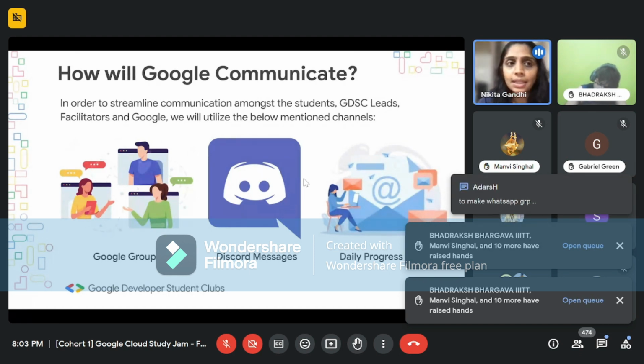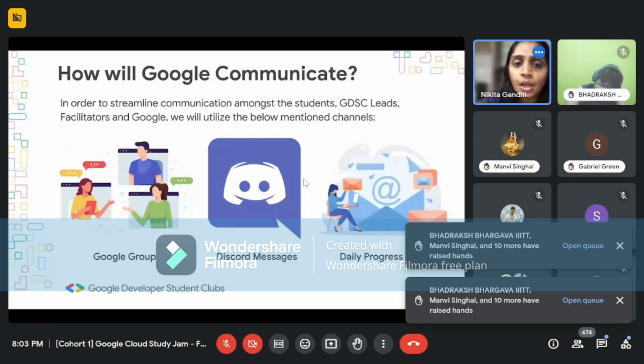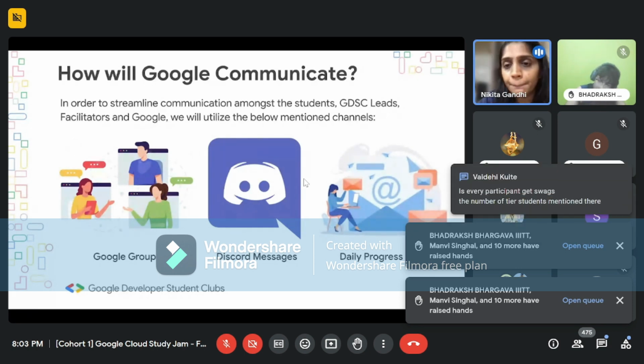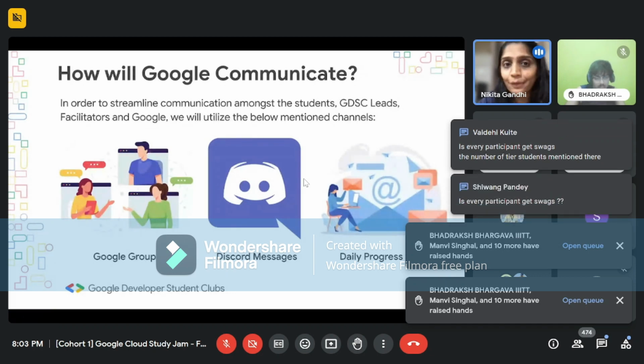So anything you get stuck with on Google Cloud, we don't have the right resources on the platform to help you there. So you have to park your queries for the trainings on Monday and clarify anything related to Google Cloud on Mondays only. And apart from that, every day you will receive an email. Both the GDSC lead and the facilitator will receive an email about the completions in their campus every day.